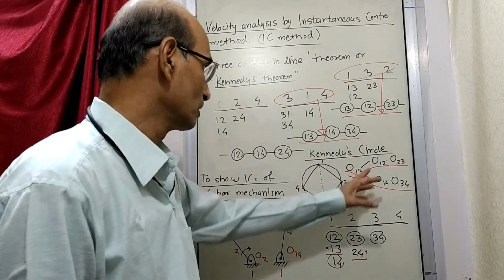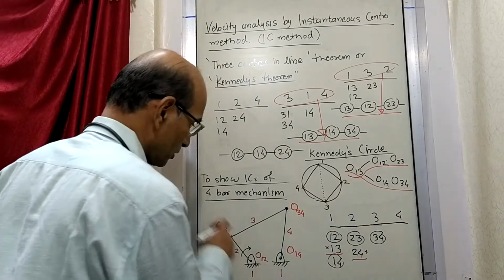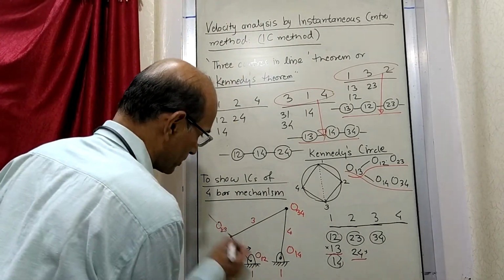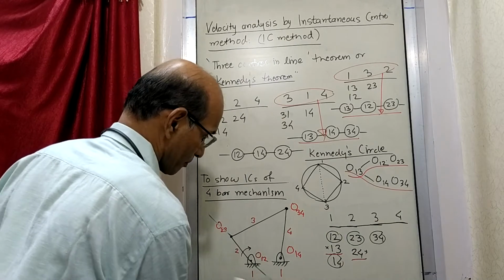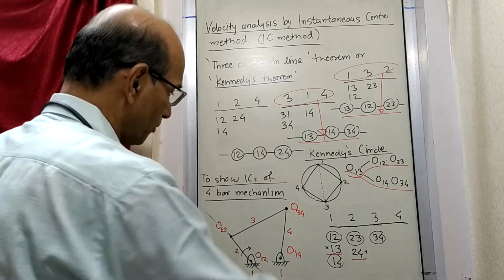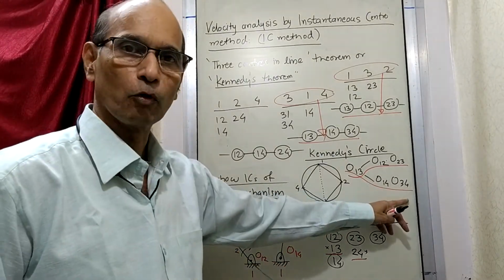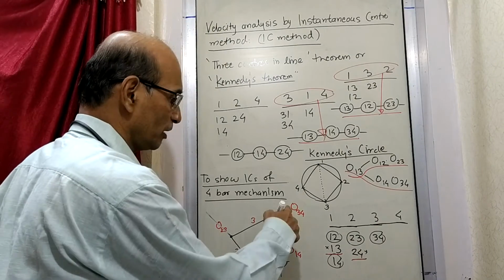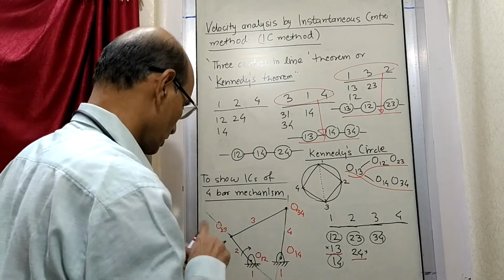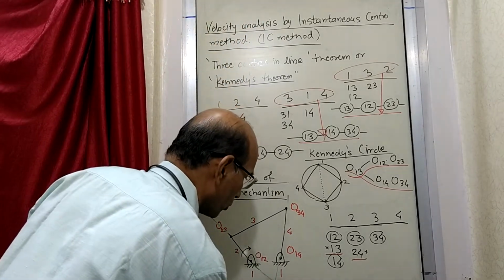So are you getting how we have found out what was not known? So now let us do that. O12 and O23, these are the two points, so I join these two points. I have drawn a line from 1, 2 and 2, 3. The other line is 1, 4 and 3, 4. Where is 1, 4 here? Where is 3, 4 here? So I will draw a line like this. Wherever it intersects, this is going to be point O13.